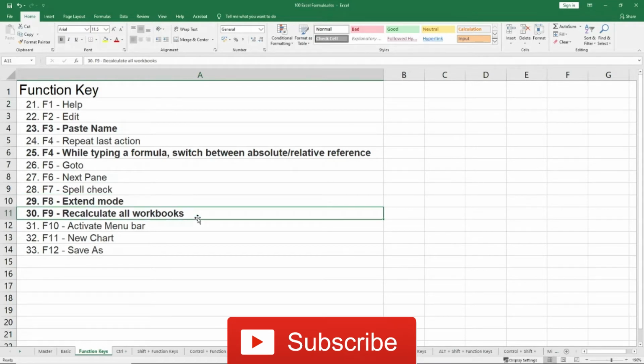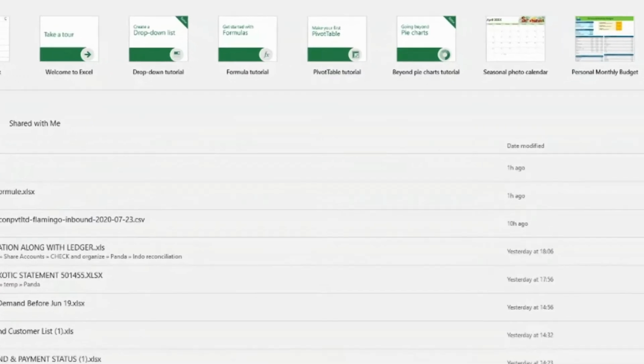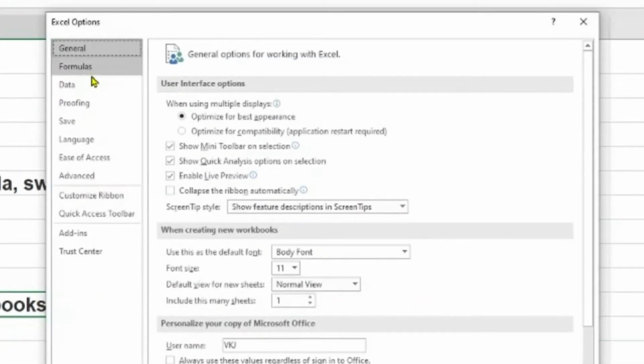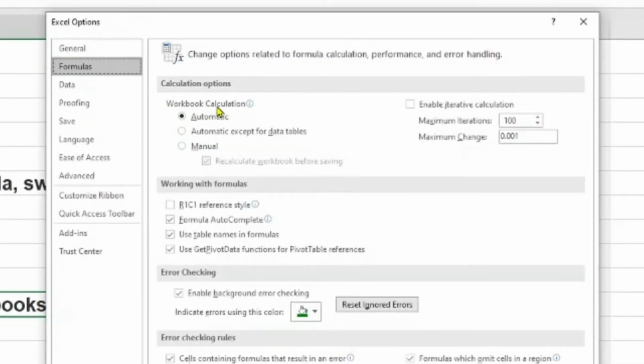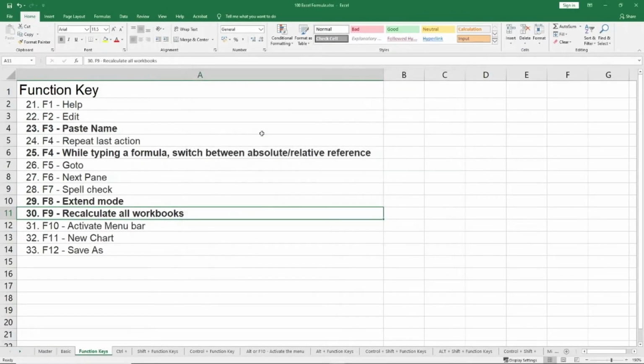F9, recalculate all workbooks. In the financial world especially, a lot of times the calculations may take a long time if one sheet is linked to another and so on. So what we do is go to File, Options, Formulas, and set the workbook calculation to manual. I'm not doing it here, but generally in the financial world with big sheets, they do it.